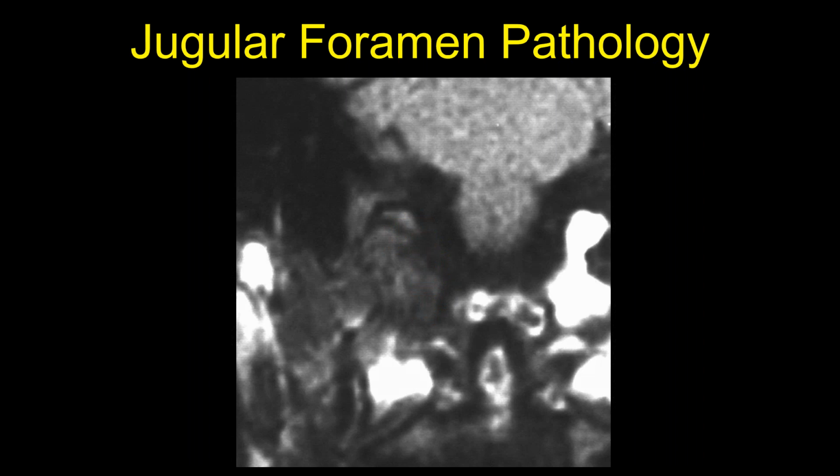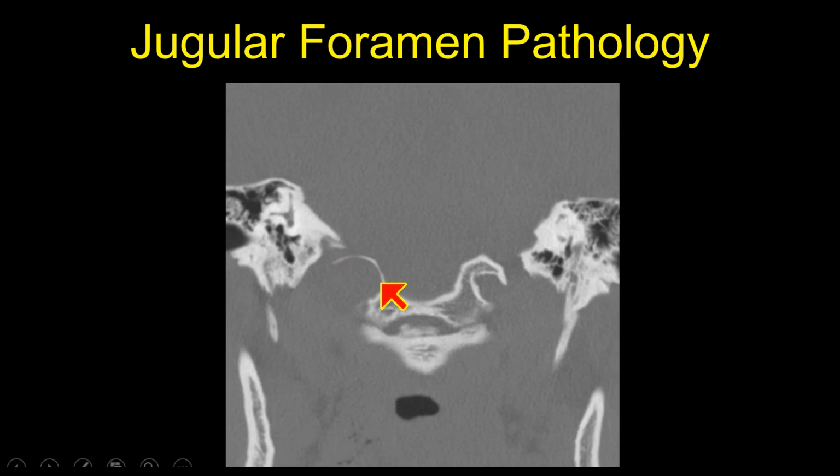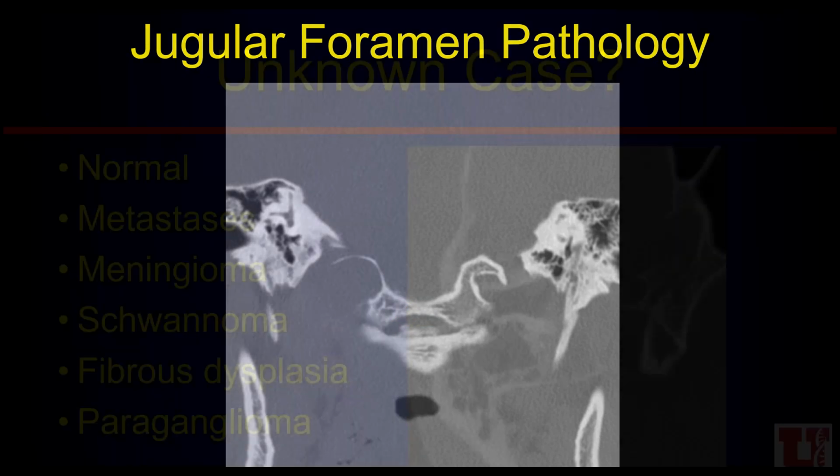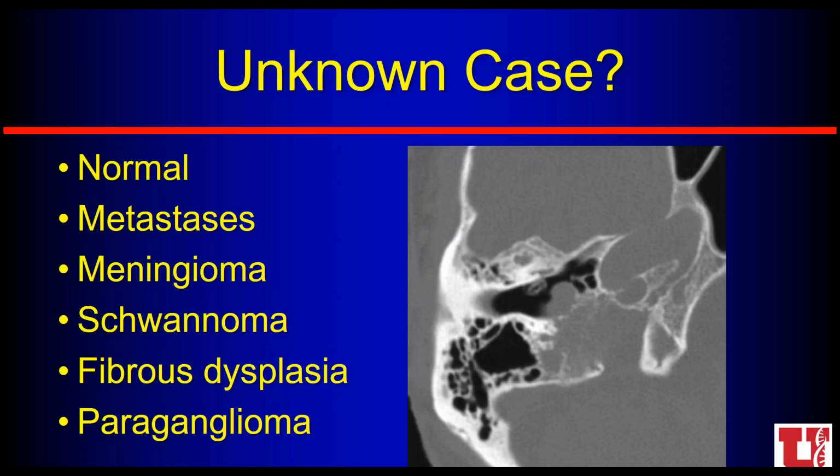Here's another pathology. Here we have enlargement and thinning of the beak and the head of the bird. So this is very different osseous change than those other pathologies. So those are the spectrum of pathologies that we see around the jugular foramen. And again, if we think about both the CT osseous changes and the MR and the enhancement and the MR characteristics, sometimes I can tell you exactly what the pathology is